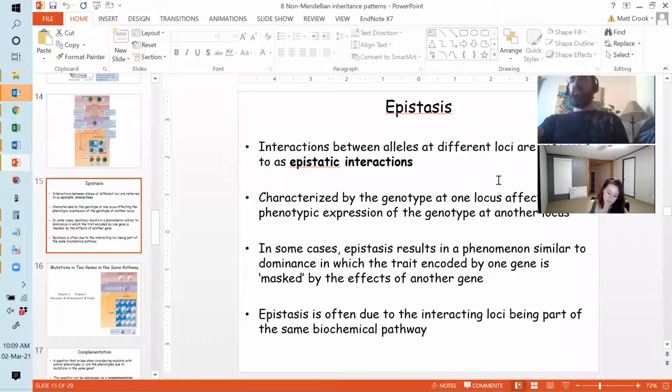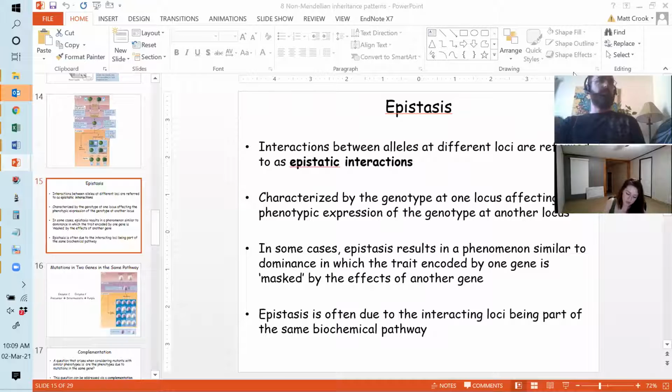However, what is really interesting to talk about is epistasis. I've taken a picture already. Let me wipe off the board. Right, and so